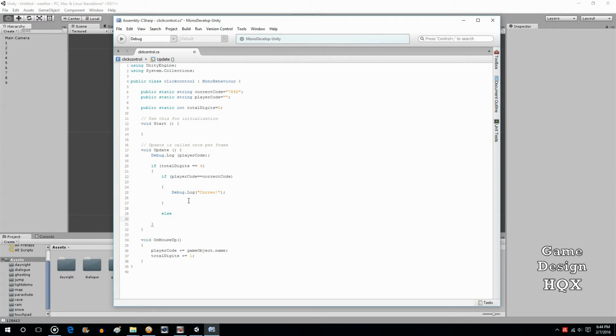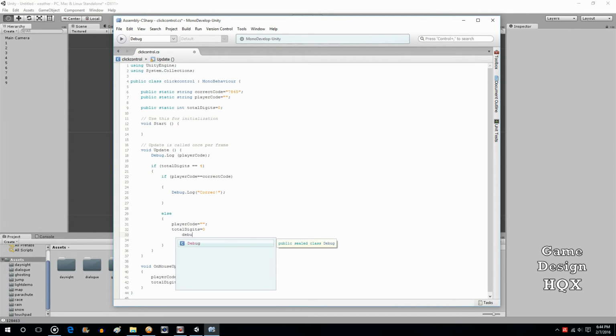Else, again, we'll put it in our parentheses because we're going to do multiple things here eventually. So we want player code to be reset to null, and we want total digits to be reset to 0, and we want to put in a debug log to make sure this is working,